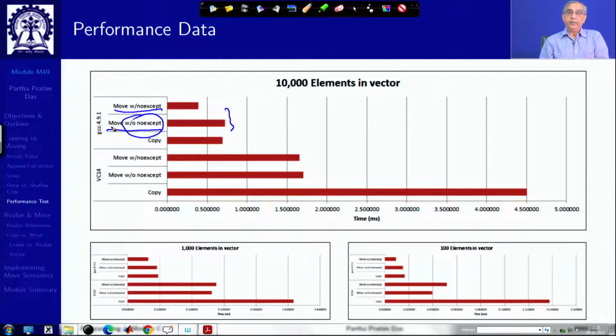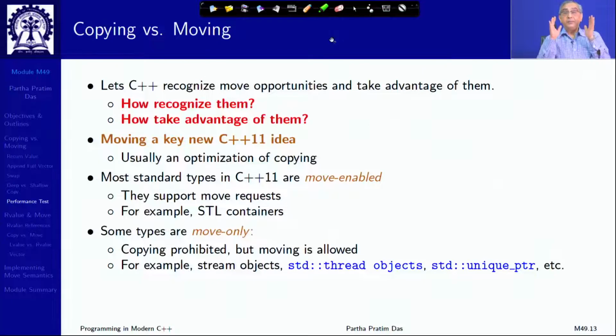But if you use noexcept as you are doing here, then you get almost half the required time. So, performance improves. That is the objective with which C++11 has focused on the semantics of move along with the semantics of copy. Now, the question naturally is how to recognize them and how to take advantage of them, and for that the C++ standard